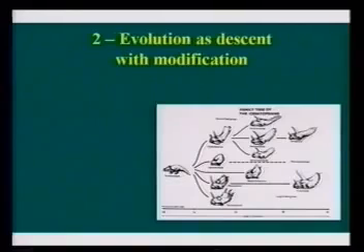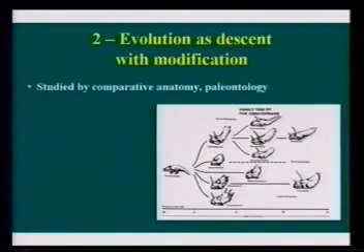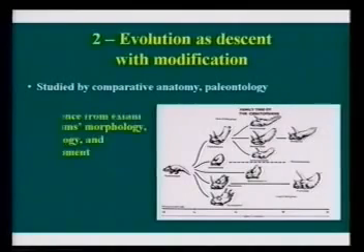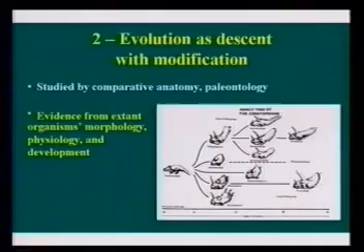Well, evolution is descent with modification, as in this kind of diagram that I'm showing here. It's studied by a variety of disciplines, including comparative anatomy and paleontology. And the evidence for this evolution by descent comes from a variety of disciplines: from the morphology of organisms, from the study of their physiology, from their developmental biology. All of these different pieces of information, which of course I don't have time to go into in any detail at this point, fit very well with each other, and they represent the general evolutionary explanation of how life